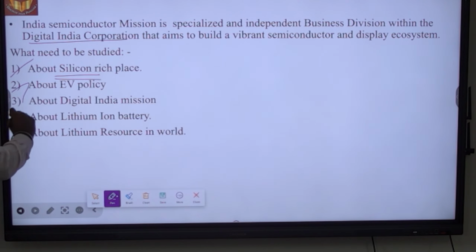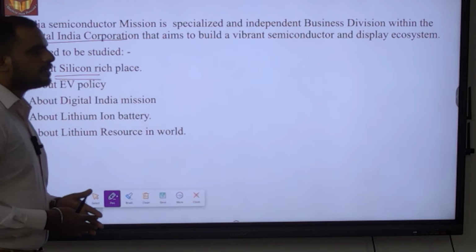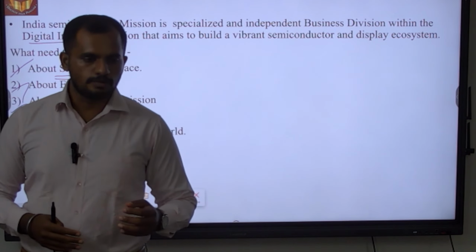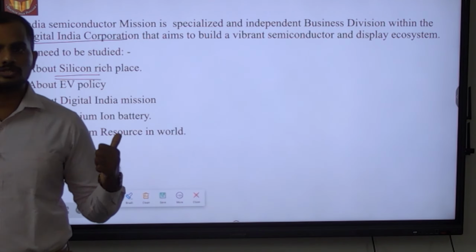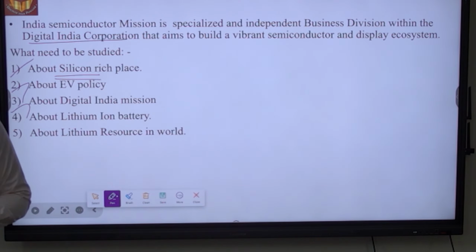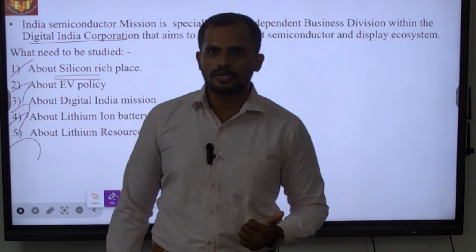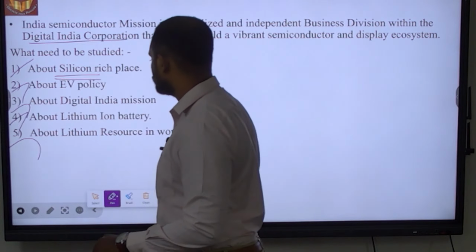And also we should know about the Digital India Mission. As I have said, right now India wants to transform itself into a digital society. This digital society will have in its day to day usage more sophisticated technologies which will be made up of this kind of chips only, semiconductor chips only. And also we should know about the lithium ion battery and which country has the highest source of lithium in it. It is good to look at and know what that is and its geography.